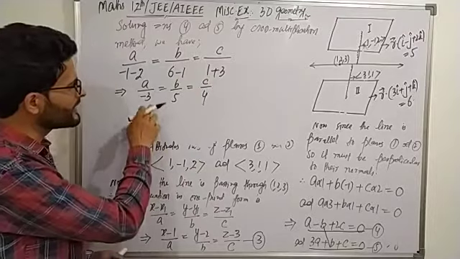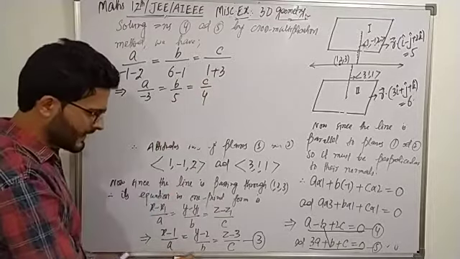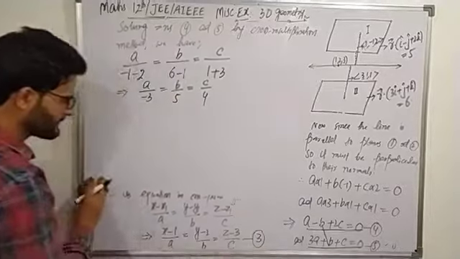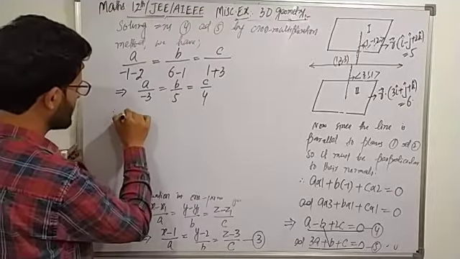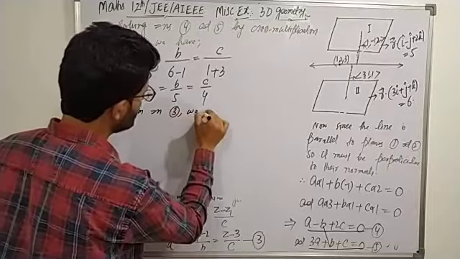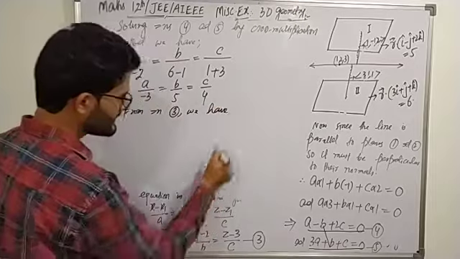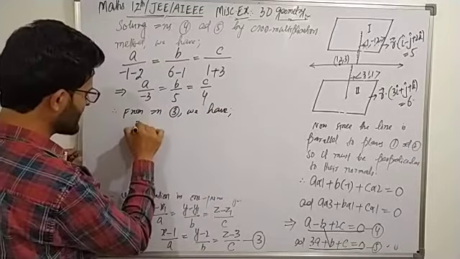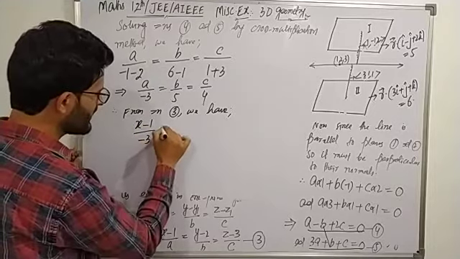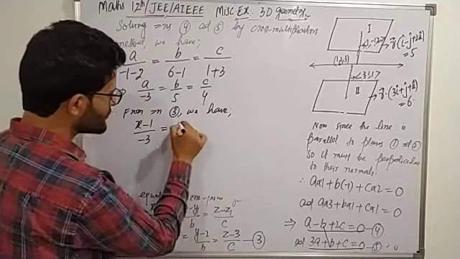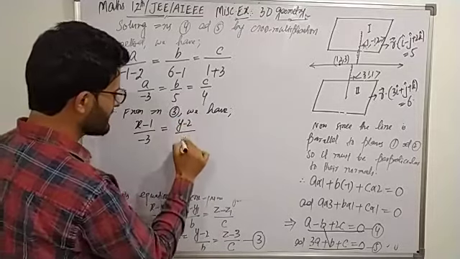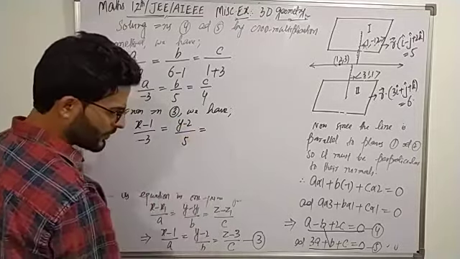So substituting the value of a, b and c in equation third, therefore from equation third we have, x minus x1, that is x minus 1, divided by, instead of a we should have -3, and that's equal to y minus 2 divided by 5, b that is 5, and that must be equal to z minus 3 divided by c that is 4,